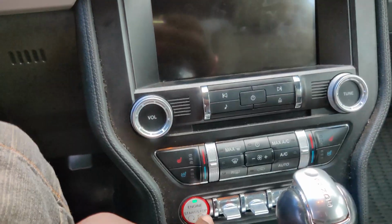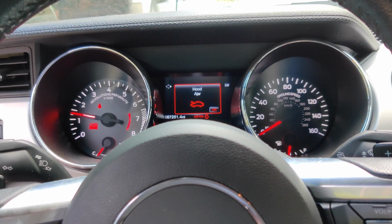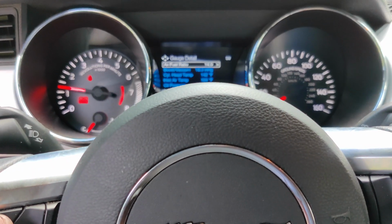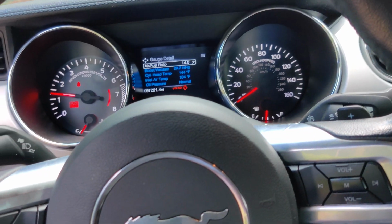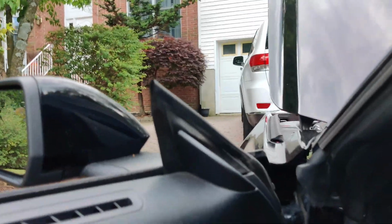Time to see exactly how it starts up. Moment of truth. Lit. My Nexar dash cam turning on right there. The car cycles up for a second. Let's wait for it to warm up. Alright, so we're running okay. Let me go give it some revs just to hear it. Any misfire, any retarded ignition? Let's see. Turn off